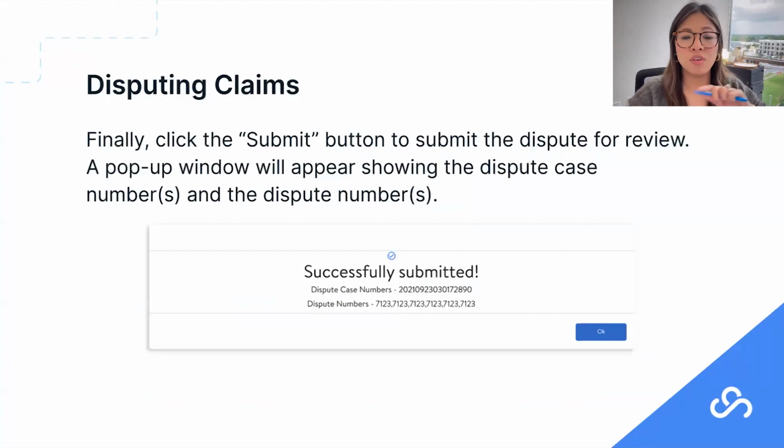So yeah, after you have submitted all of your information as well as the proof documentation, you hit the submit button and that will kick this off to the Genpact team for review. You'll have a pop-up window that will show you the dispute case numbers and the dispute numbers. I will talk a little bit about why it's important to get the case right the first time in a second. But just to give you guys a hint,